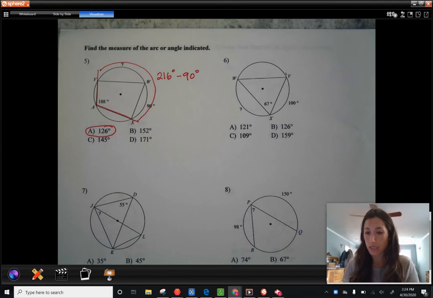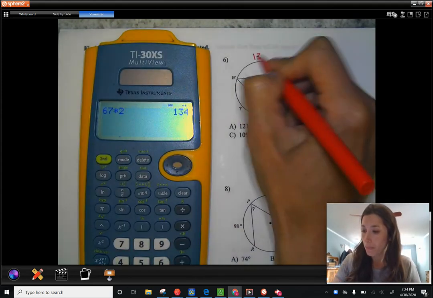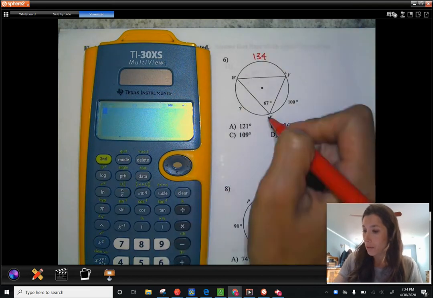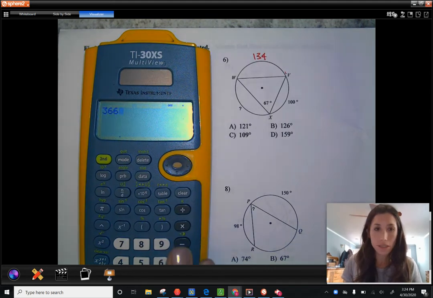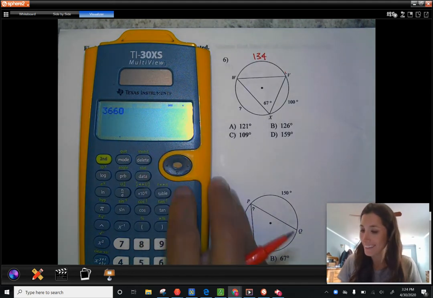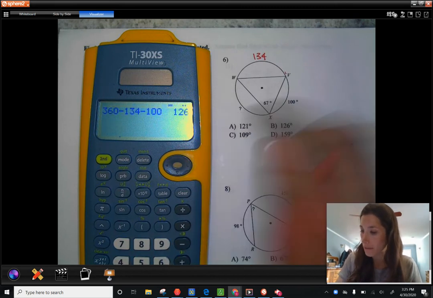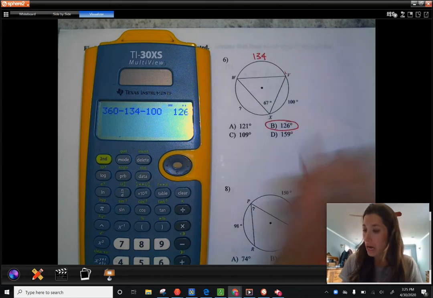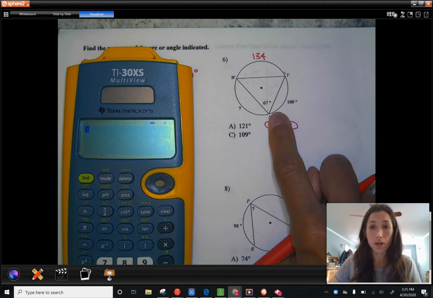So we can do 67 times 2, which would be 134. And then you could take the full circle, which is 360. And we're going to subtract the 134 and subtract the 100 to get this portion here, what's left, and that would be 126. Another way to have worked through it is, here we have this arc is 100, so